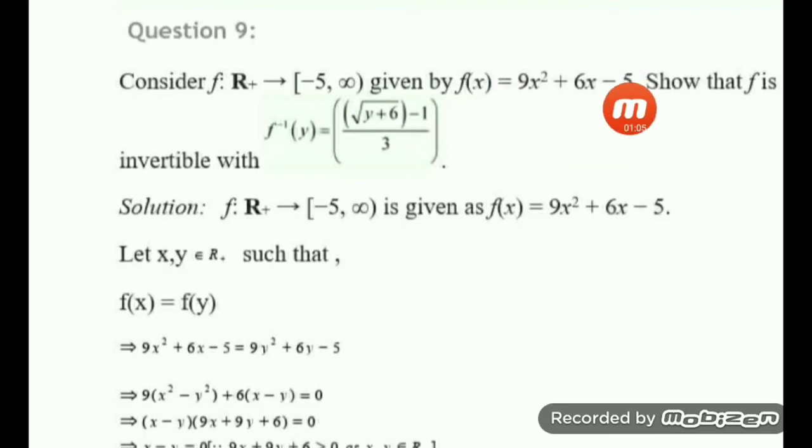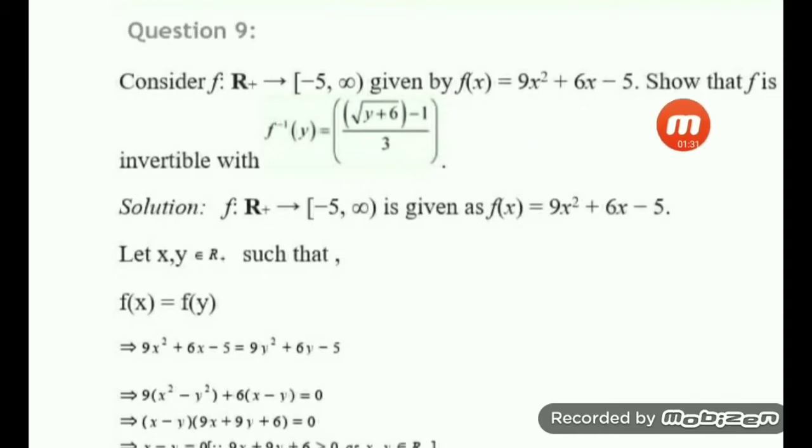That means this is a quadratic expression. Previously we have done quadratic functions, and functions in the form of biquadratic, cubic, all those types of questions we have discussed. But here quadratic, linear and constant, all the terms are present. Standard form. So if you know how to find out one-one onto function for this type of question, you can easily solve the previous questions.